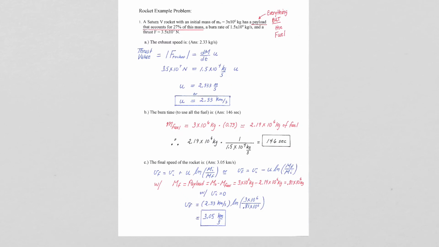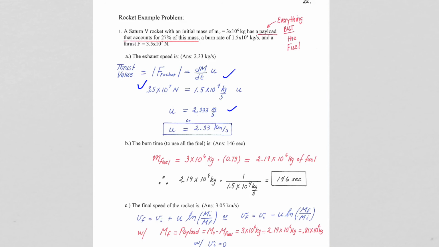If you're not asked to do the derivations, you're simply going to use the equations that were given, and we were told the rate at which fuel was being used in this problem. We were given the force, the thrust on the rocket, so we simply had to calculate the speed that the fuel was being injected, the U value with respect to the rocket. Burn time is the time it takes to use all of the fuel. And here we were told that the mass of the rocket was mostly fuel. It was 73% fuel